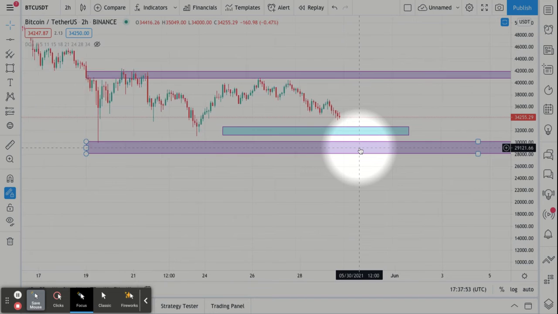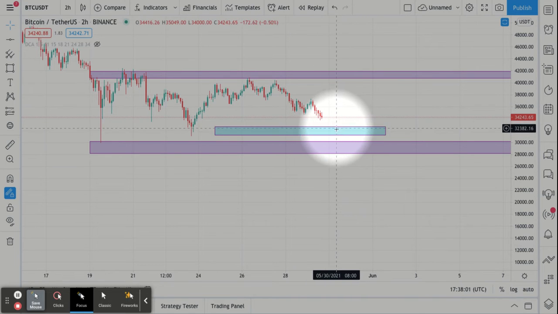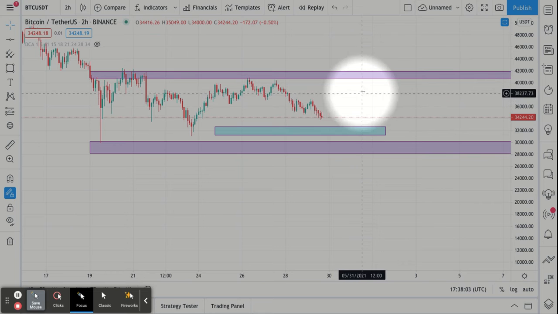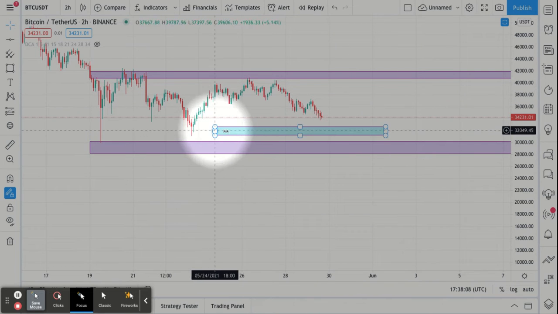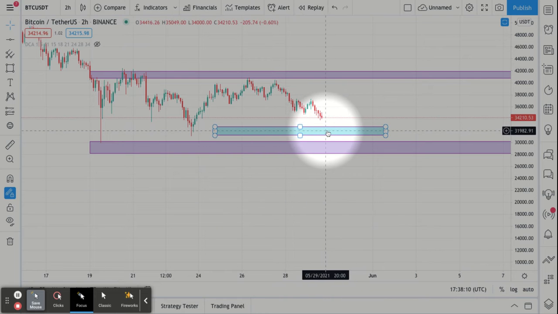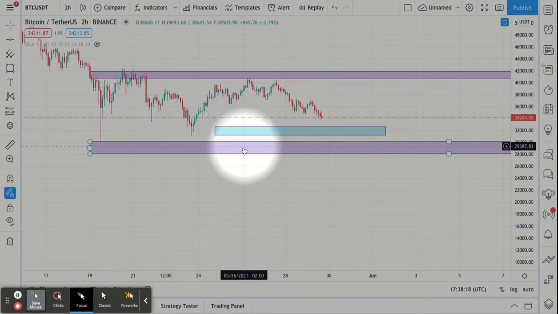Here's the situation that we are in. We currently are in what I think, and this is not financial advice, I think we're going to land somewhere around in here, and we're going to start heading back up. Potentially we could come down here, but I feel like this blue box is going to be more of a truer floor. And the reason why is because this box was more of a FOMO,